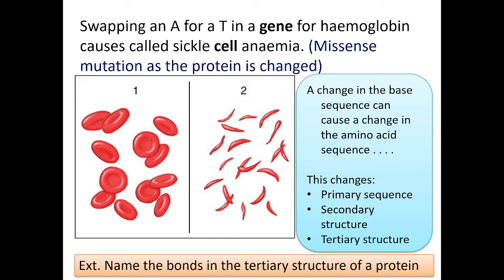All because one amino acid was different, which meant different bonds were formed in the secondary structure for the alpha helices, which meant different folds could be formed to make tertiary structure with the hydrogen bonds, ionic bonds, disulfide bridges, hydrophobic, hydrophilic interactions that are essential for that tertiary structure. One amino acid has made that difference. Interestingly, it's not the only time we're going to look at sickle cell anemia in Module 6. When I start to talk about evolution, then I will link to it again, because sickle cell anemia is absolutely